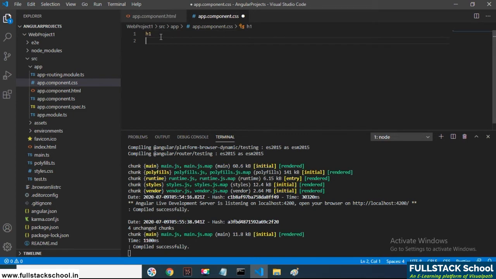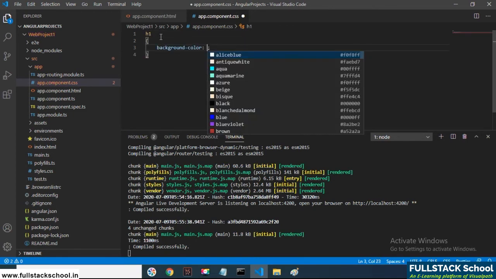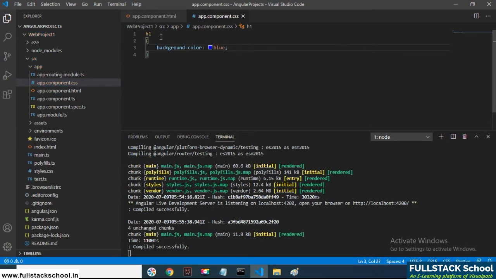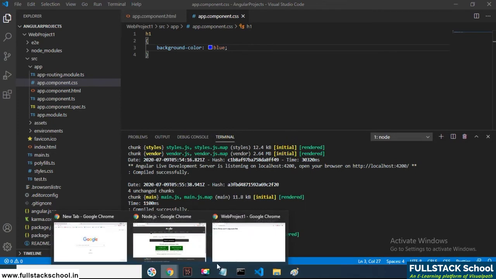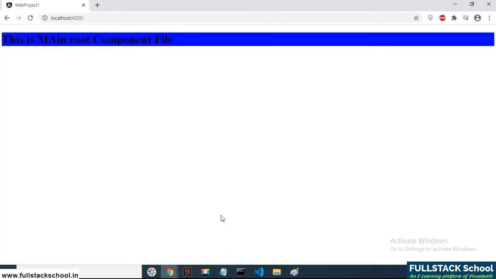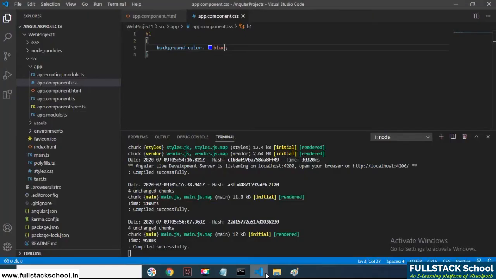You can add any type of CSS coding here itself. For example, for background color, we are applying just blue. Open the browser, and automatically it will show you the styling. Like this, we can develop a sample web application in Angular. Here we have created only a single component. Like this, we can add as many components as we want into the web application.